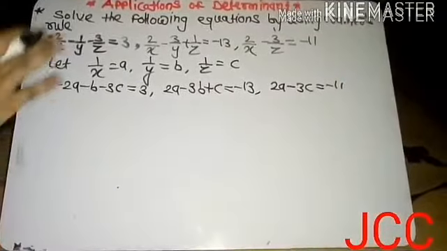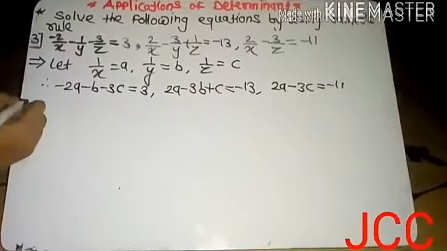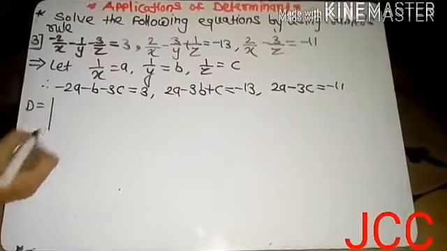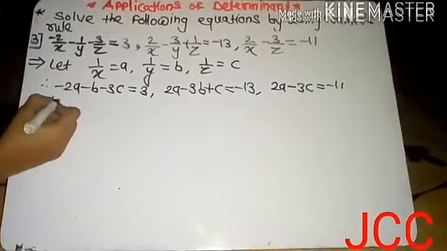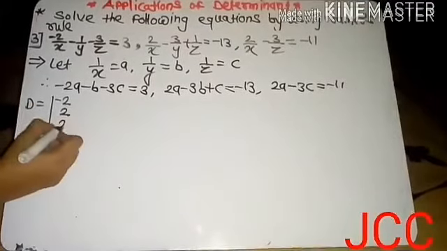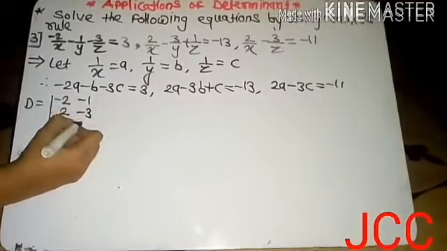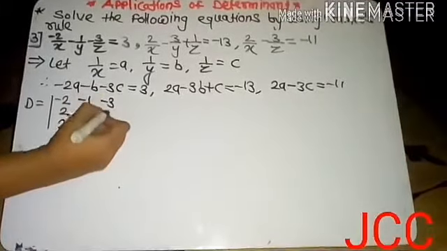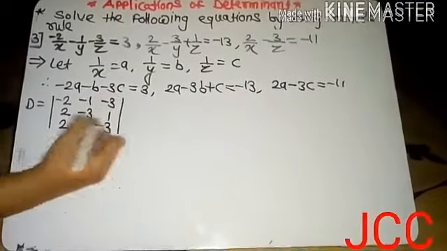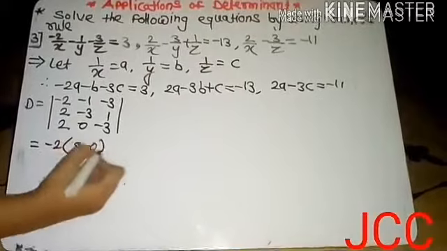Now we solve these three equations by using Cramer's rule, means using determinants. First of all d, coefficients of a, b and c. First of all a: minus 2, 2, 2. Then coefficient of b: minus 1, minus 3, 0. There is no b. Then minus 3, 1 and minus 3, that is equal to minus 2 (9 minus 0),